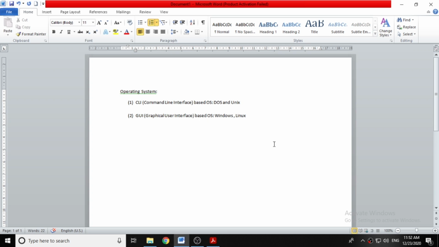But remember, command line interface is also very important. Whenever there is some problem, we can solve it using command line interface. So although Windows and Linux operating systems are totally GUI based, command line interface is available there too. If you are working in Windows operating system and want to work in command line, then it's possible. For that, the option that you have to select is start,